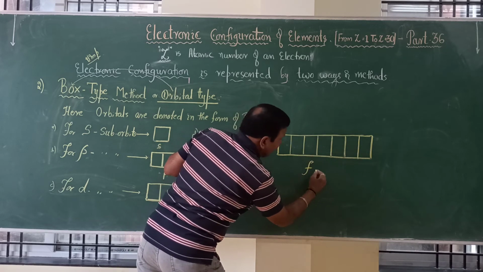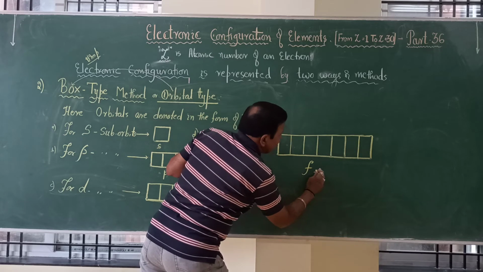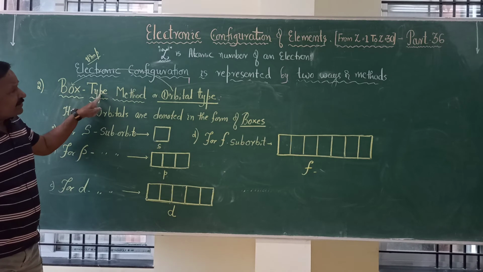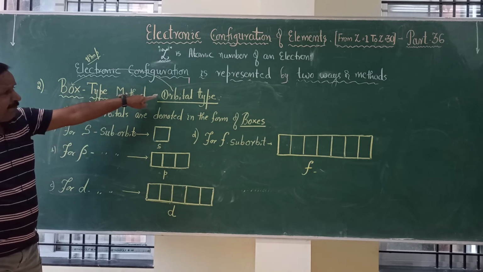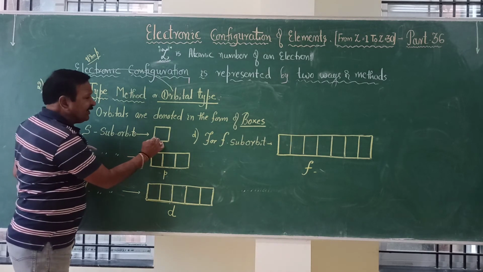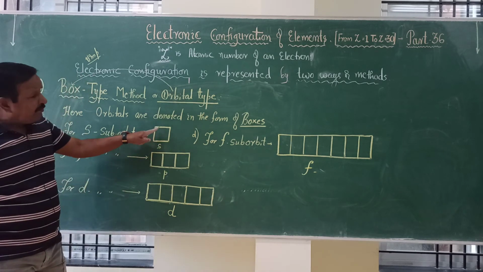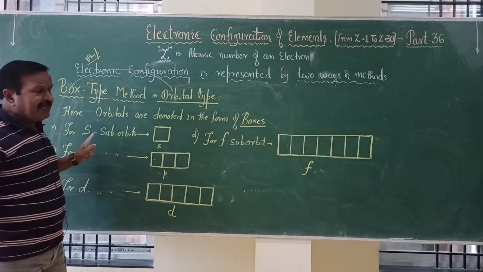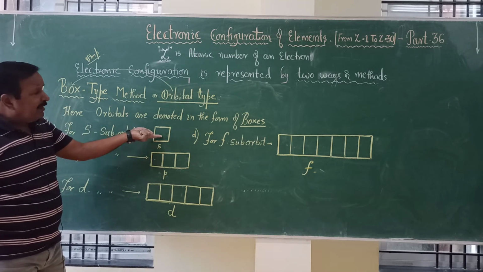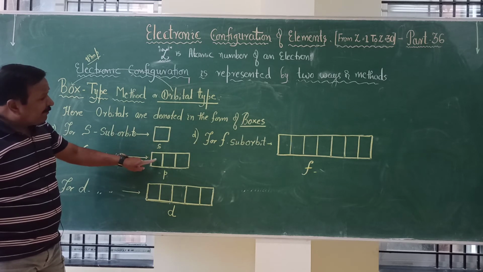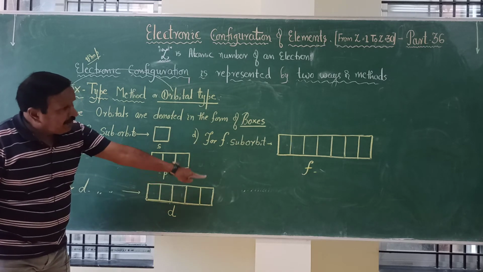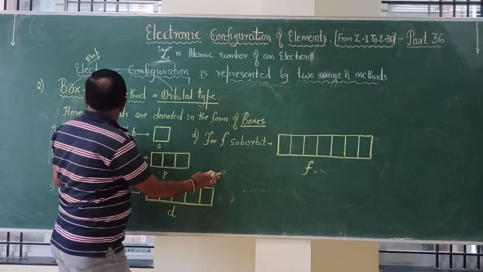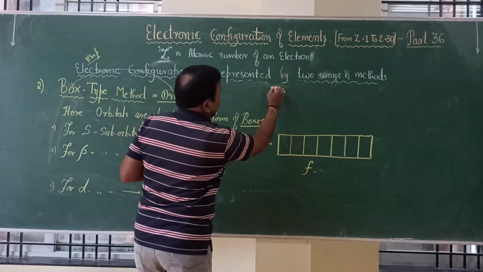F starts from 4, so this is any F orbital. This is what we are going to use in the box type or orbital type method. The individual orbitals or degenerate orbitals are shown in the form of boxes. So the s suborbit has only one orbital, no degenerate orbitals, p has 3, d has 5, and f has 7. So this is a better method, okay? This box type